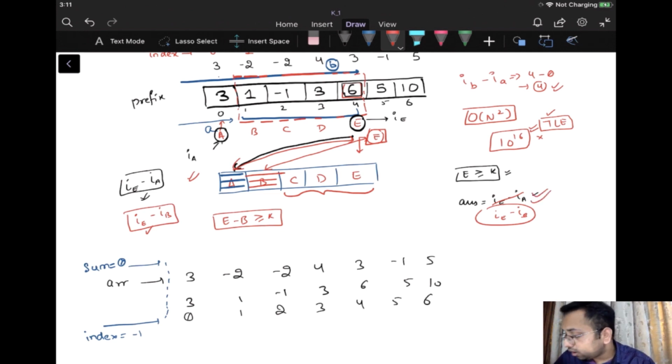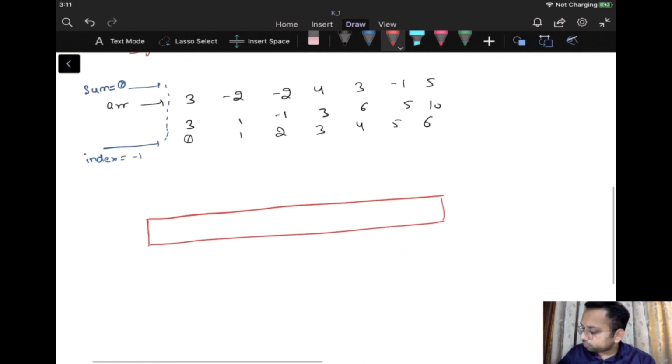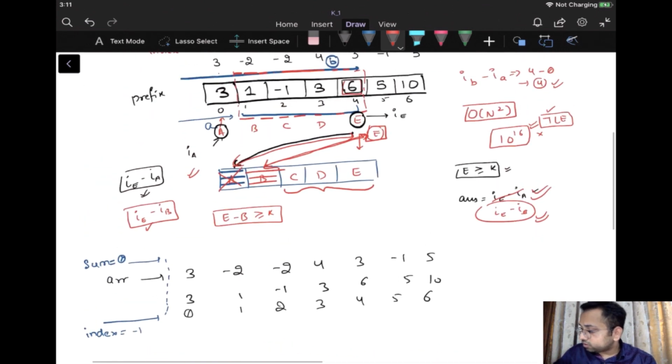But it's possible that if we remove this element a, the sum that we have of the shorter range is still greater than k. So in that case, we need to update the answer to ie minus ib. So we have to remove the elements from the front as well. And whenever we are going to insert a certain element, we are going to insert at the end.